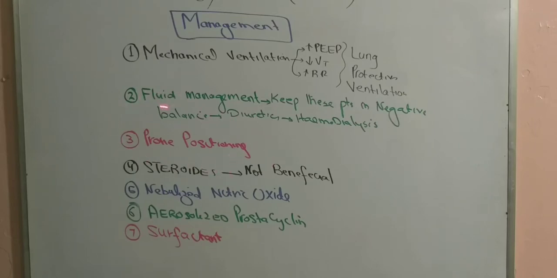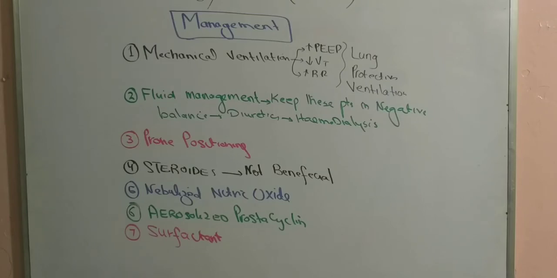Because you need to have a large number of people who can take better care of the endotracheal tube while you are changing the position of the patient. What is the benefit in changing the position of the patient from the supine to prone? In the majority of these patients, the densities and the pleural effusion are in the dependent part. So when you change the position from the supine to the prone, then you can reduce the shunt and the